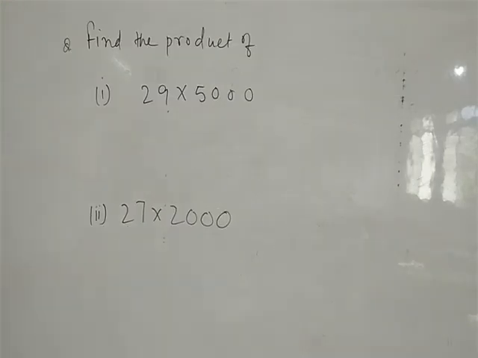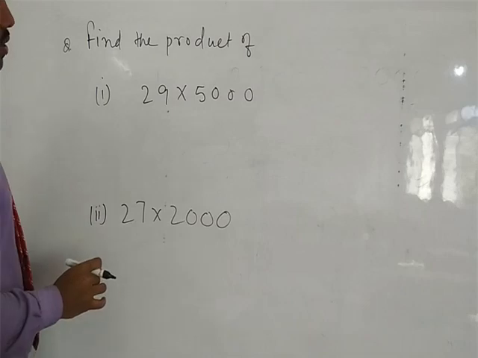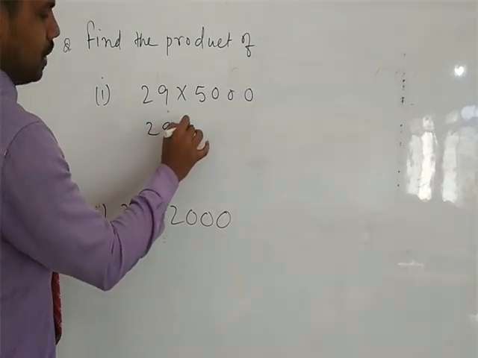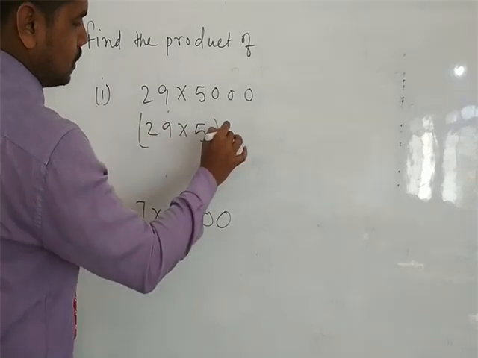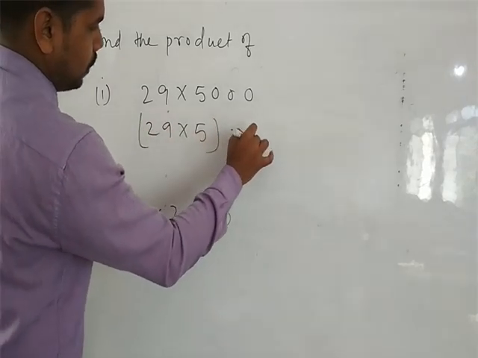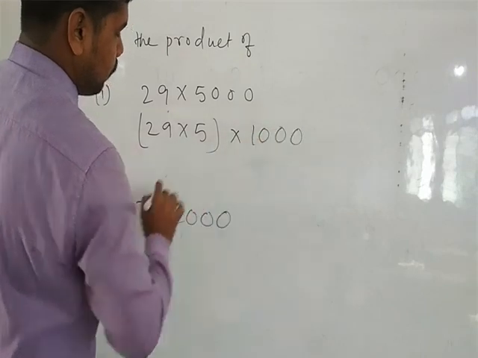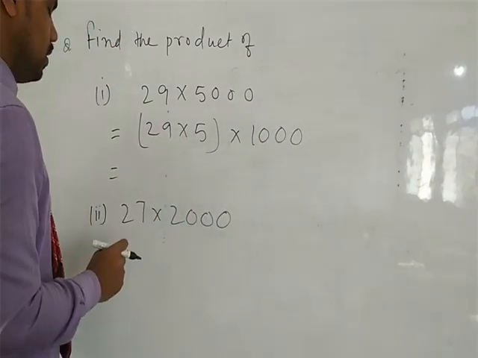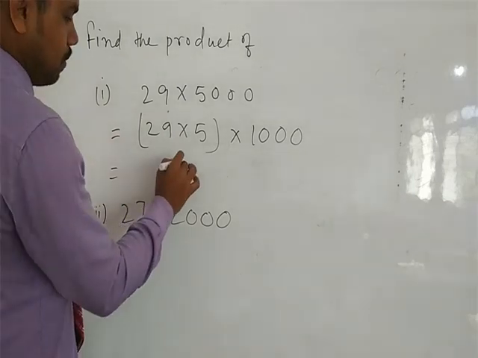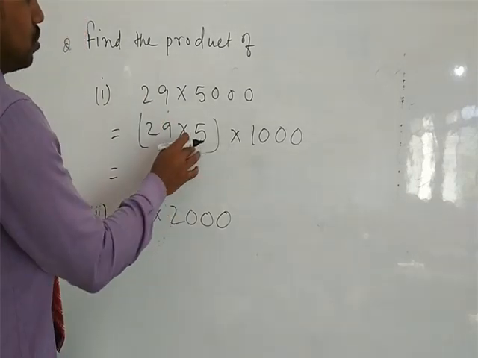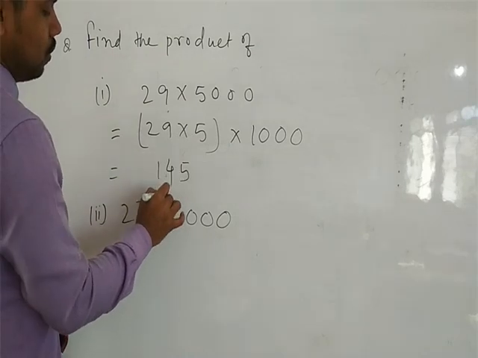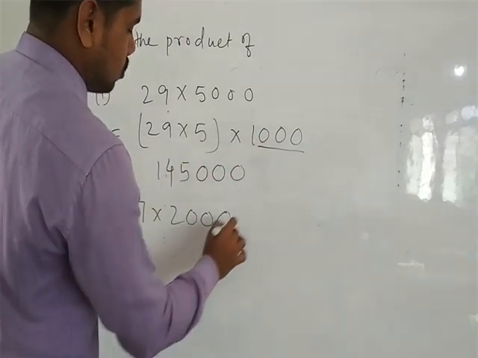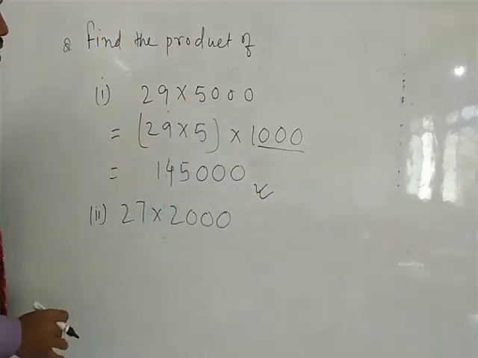Let's take these two examples. Find the product of these two numbers. So first this one. So 29 we will multiply with 5 and whatever the result comes, we will multiply with 1000. Okay. So let's see here, 29 multiply 5 is how much? 5 9s are 45. 45, 5 and 4 is carry. So 5 2s are 10 plus 4, 14. Okay. And how many zeros? Thousands with thousands means 3 zeros. Okay. So this is the result of multiplication of these two.